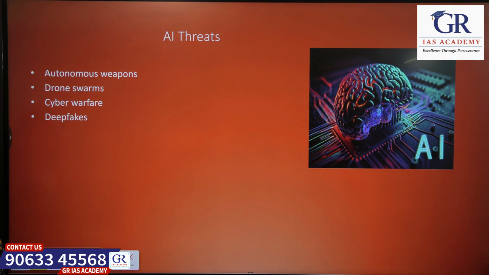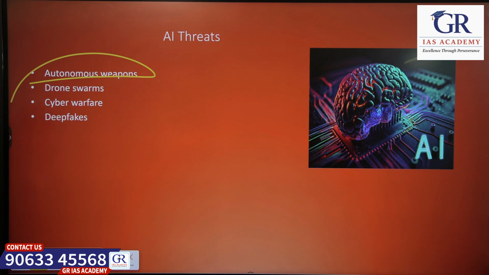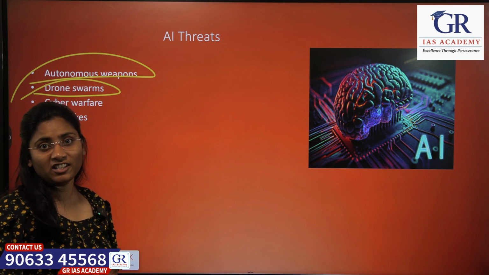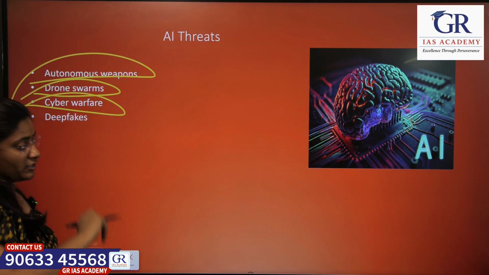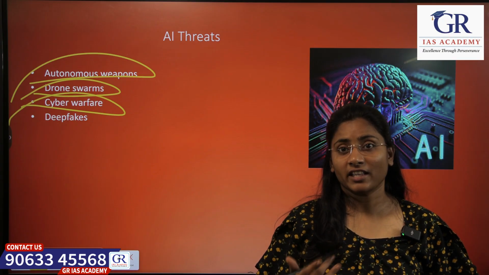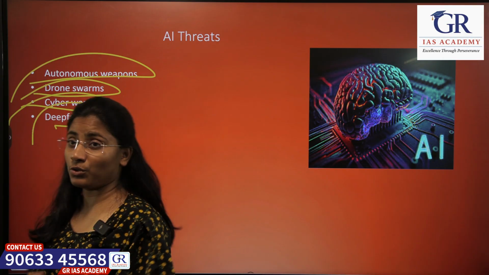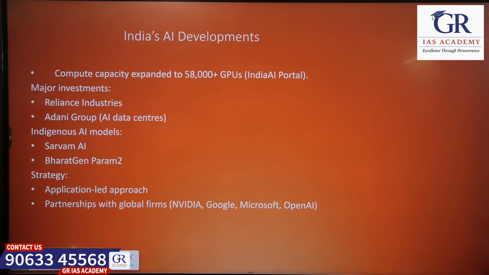So what are the threats because of AI? Some weapons can be autonomous, right? And drones can be used for bombing. It has already happened in wars, right? So yes, it can be used extensively. And in cyber warfare, if they have AI technology, they can attack. Our cyber security will be a concern. And then deep fakes, we don't know which is true or which is false, so it will create so many problems. Okay, fine.